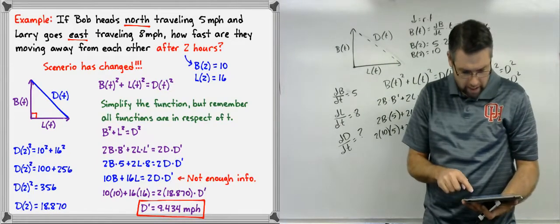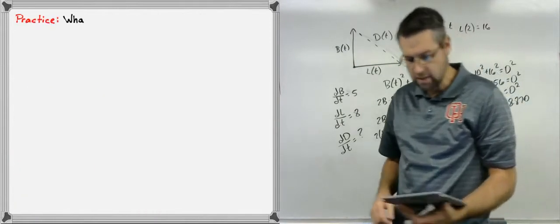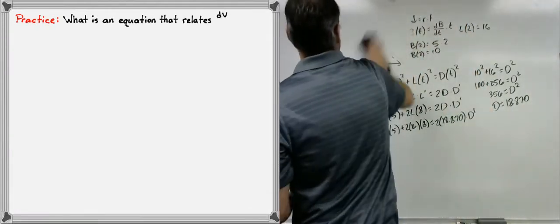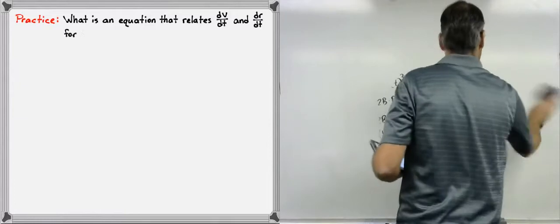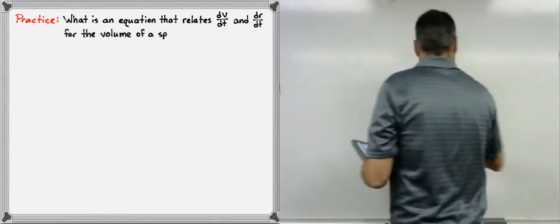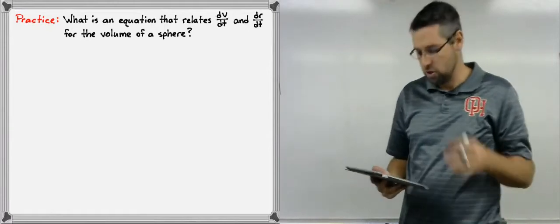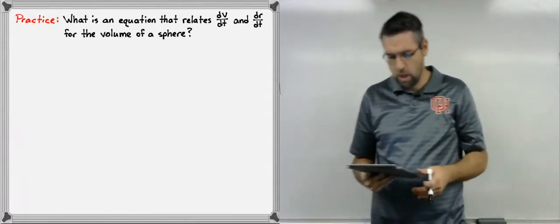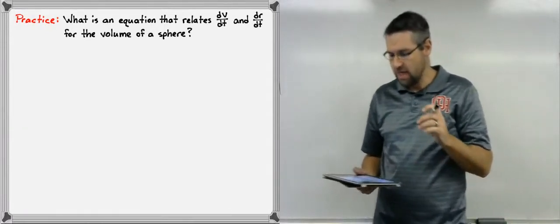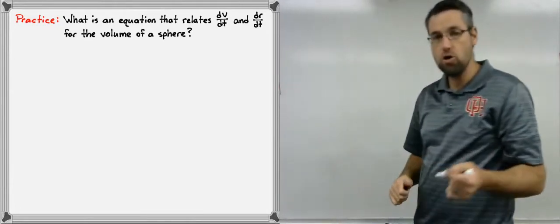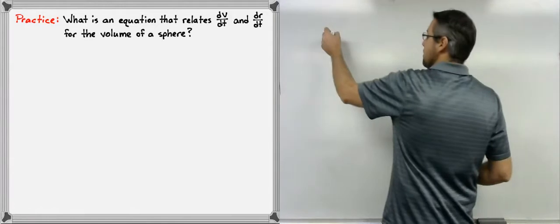Let's go ahead and look at some more practice here. In this one, I'm not actually asking you to solve anything specifically, but just to create the equation of this relationship. It says, what is an equation that relates dV dt and dr dt for the volume of a sphere? Volume